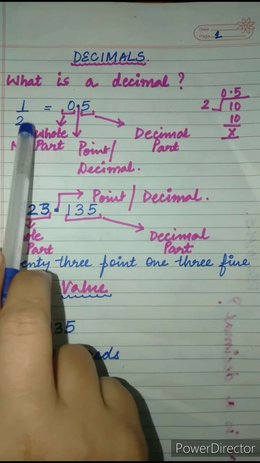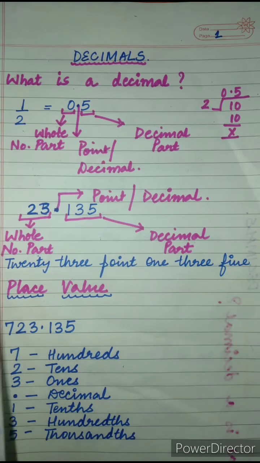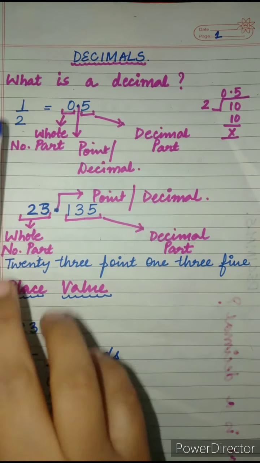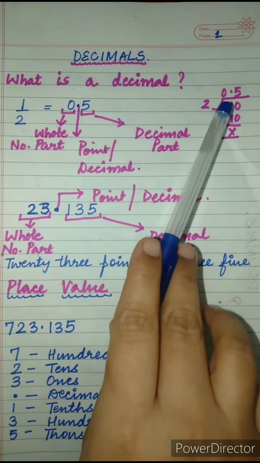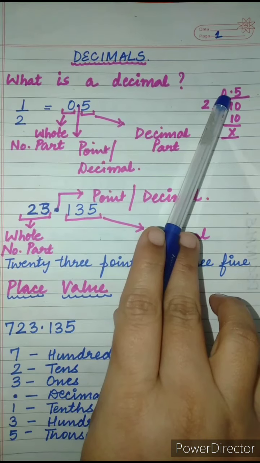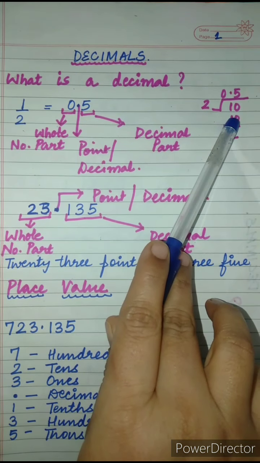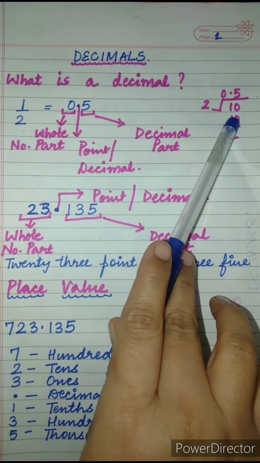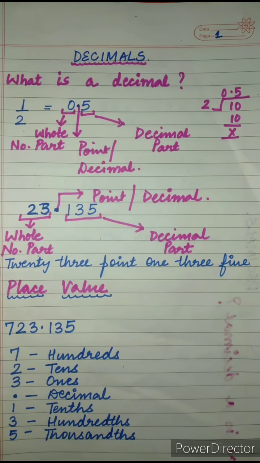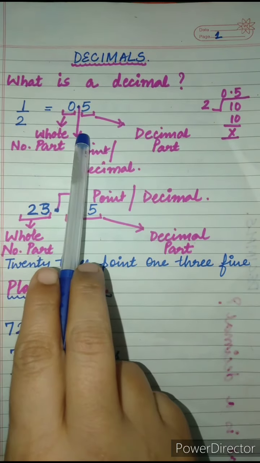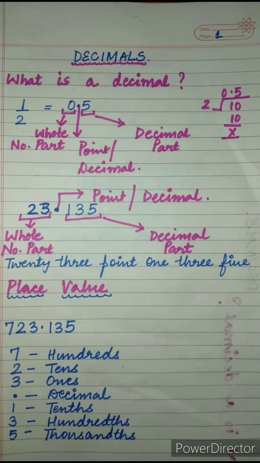If you see this fraction, you can see that the numerator here is less than the denominator. That is, we are going to divide 1 by 2. But since the numerator is less than the denominator, it will become difficult for us to do that. So what we have done, we have put one point here. By putting this point, we are carrying 0 with 1. So it has made our dividend as 10 and the divisor is 2. So now you can do 2 5s are 10 and that will give you 0.5 as your answer. That is, we have converted 1 by 2 into a decimal number, that is 0.5.